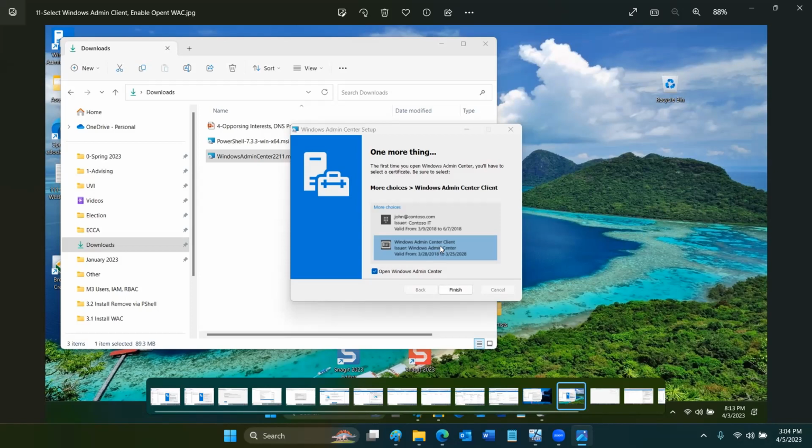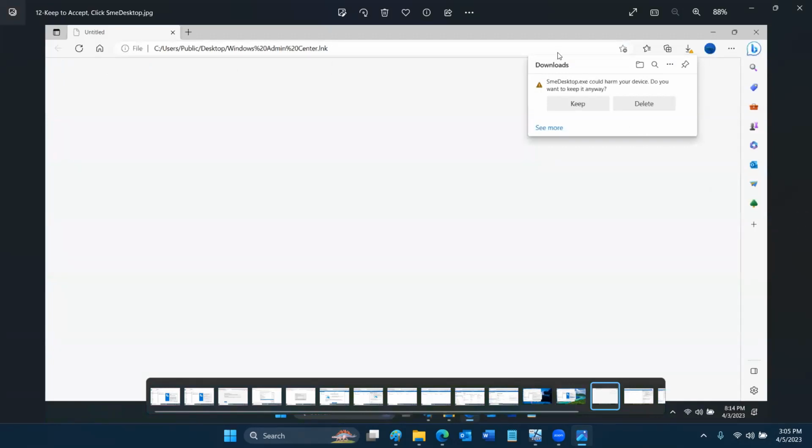So if you're getting a permissions or security or trust error message, this is one step that, if you were in a hurry and you didn't select this intentionally, I don't know that it's selected or highlighted by itself, but then you select this and then finish, and it'll basically finish that last task and apply it immediately, and that helps. You might get a pop-up. It says SME desktop could harm your device. When it loads the first time on your laptop,